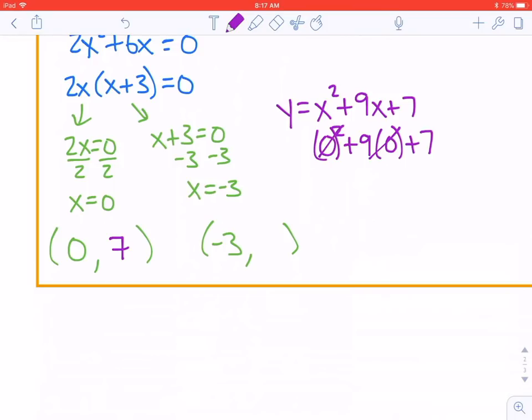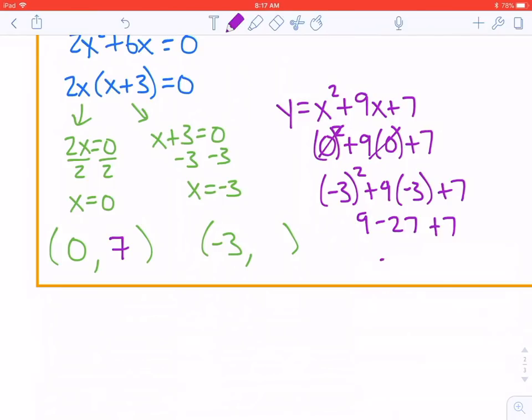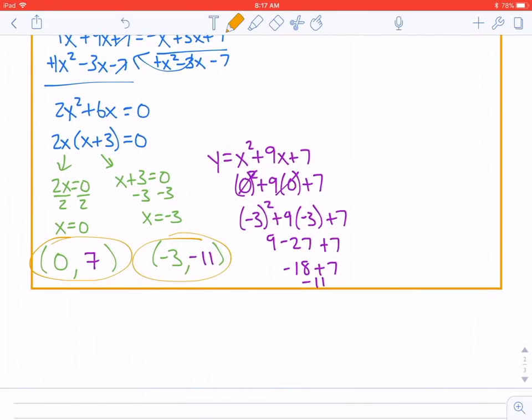Then I'm going to plug in negative 3 for the other one. So negative 3 squared plus 9 times negative 3 plus 7. So that would be 9 minus 27 plus 7. So 9 minus 27 is negative 18 plus 7 gives me negative 11. Alright, so those are the 2 points where these two quadratic equations would intersect if we